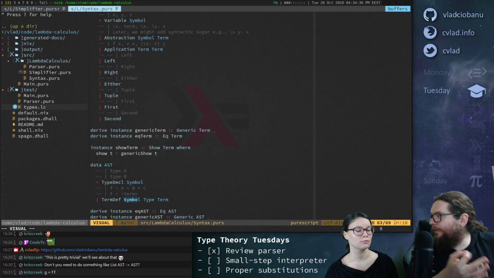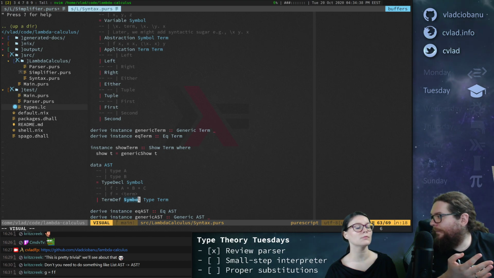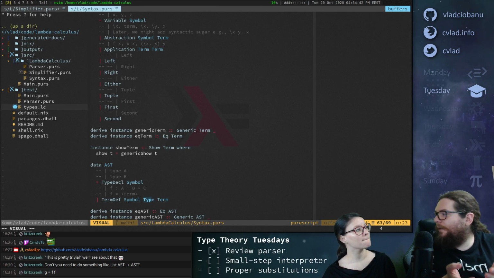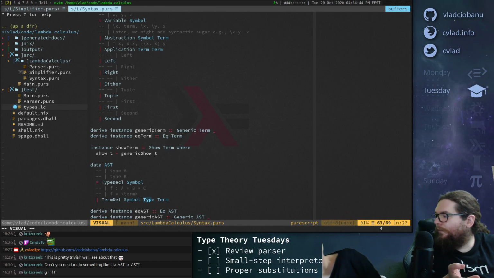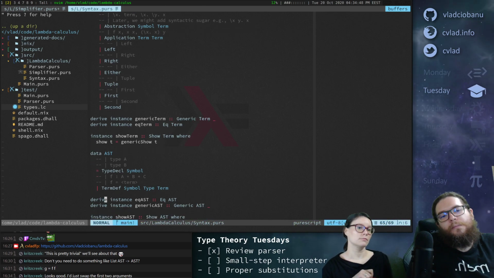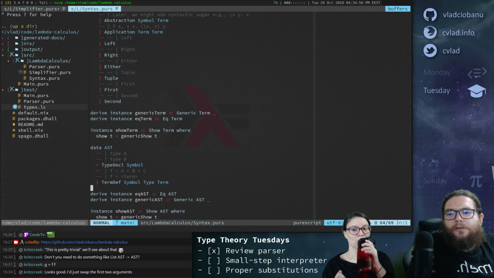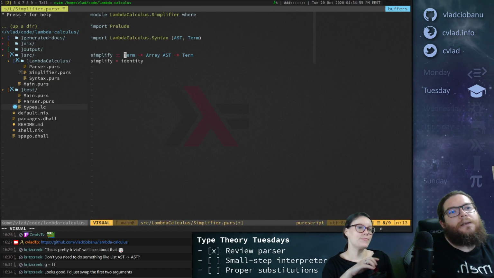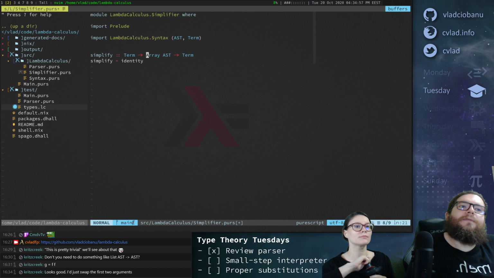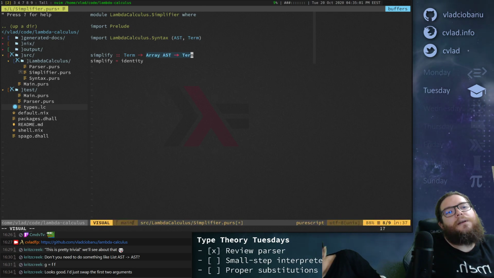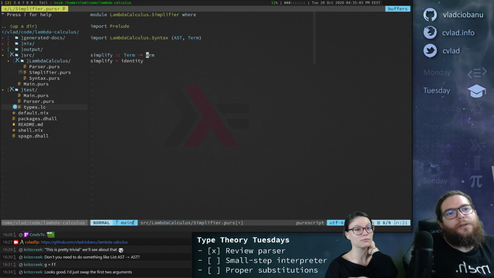But we're not doing recursion, so we don't care about its own name, right? Mm-hmm. And then the type. We don't care about the type because we are not type checking. We're just simplifying, right? Yeah. So then we only need its term, right? So, sure, I just solved the first two arguments. Probably. It depends, right? If we end up using reader, okay, yeah, maybe we can just do this.